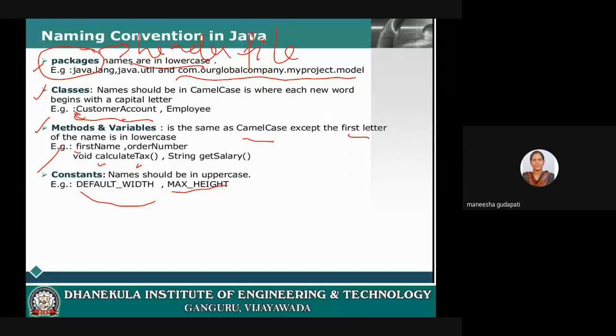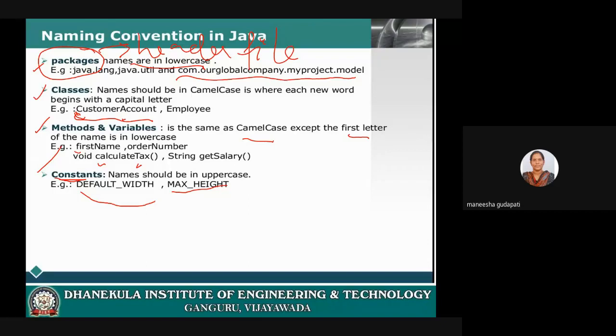From the second word onwards, the first character of the word should be uppercase. In the same way, for constants, all the names should be in uppercase. So these are the four naming conventions and you have to remember them.